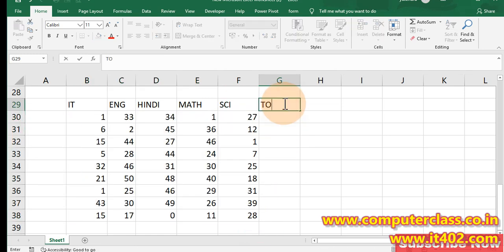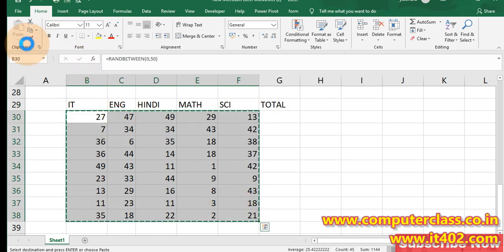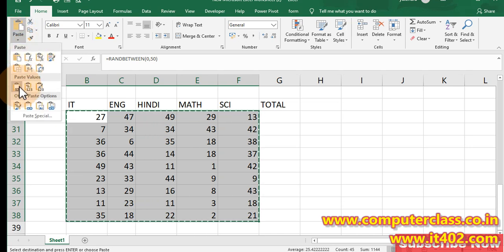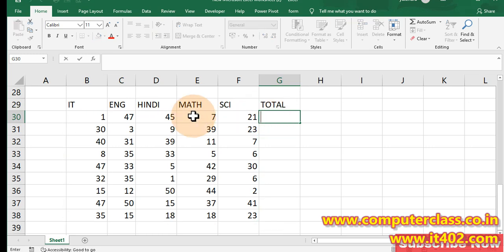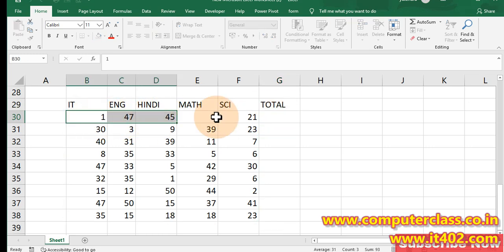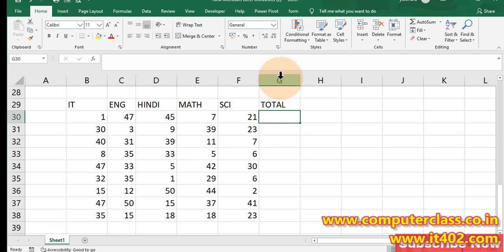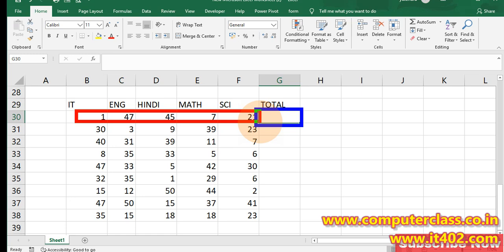Now I want to find the total of these numbers, so I need to put in the sum formula. I want the sum in cell G30, for all these numbers from B30 to F30.